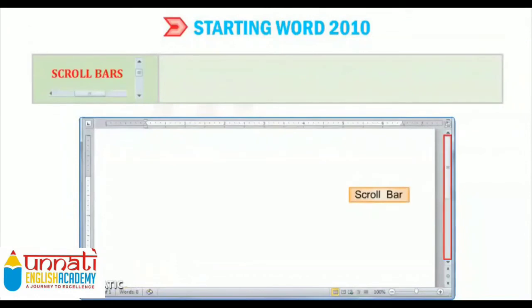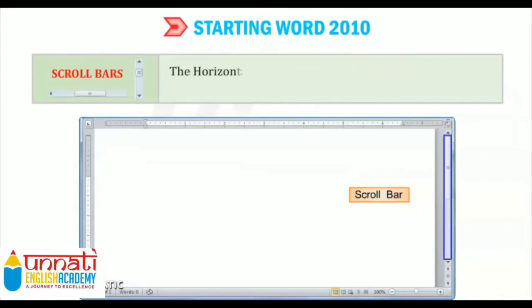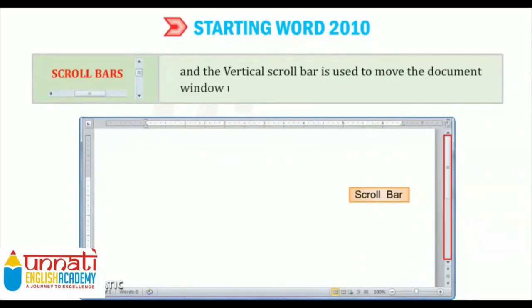Now let's see the scroll bars. There are two scroll bars and there are two ruler bars, okay? The vertical scroll bar and the horizontal scroll bar. The horizontal scroll bar moves the screen display towards right or left, and the vertical scroll bar is used to move the document window up or down.